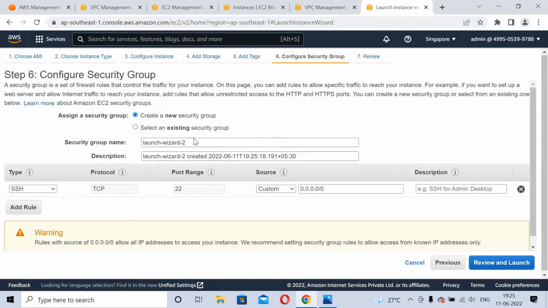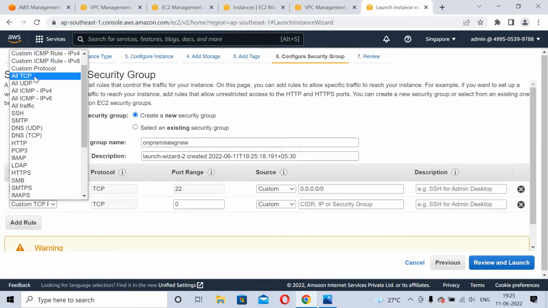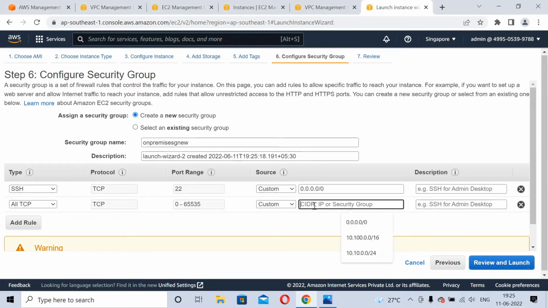Next, configure the security group. Here I will say on-premise security group. So we need SSH here. I will keep it open to the world. So now I will select all TCP, and the range here. What you have to give is the AWS network